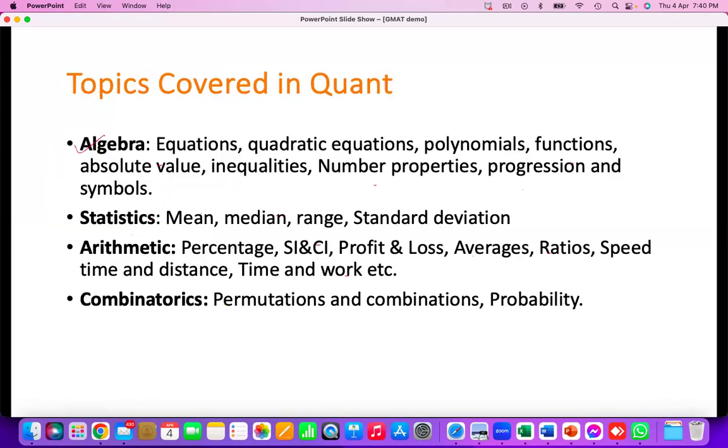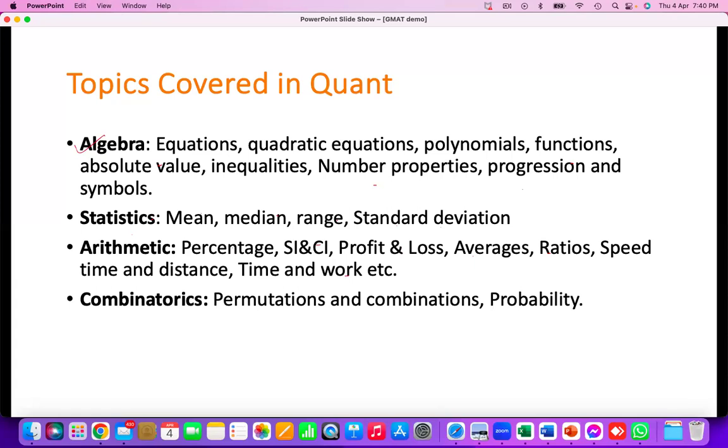Now, topics covered in quant. Let me give you some details. So you don't have geometry in quant. In any other exam, you will find geometry is part of the quant syllabus. But here geometry is not there. Fine. You have algebra. In algebra, you will have equations, quadratic equations, polynomials, functions, absolute value, inequalities, number properties, progression,